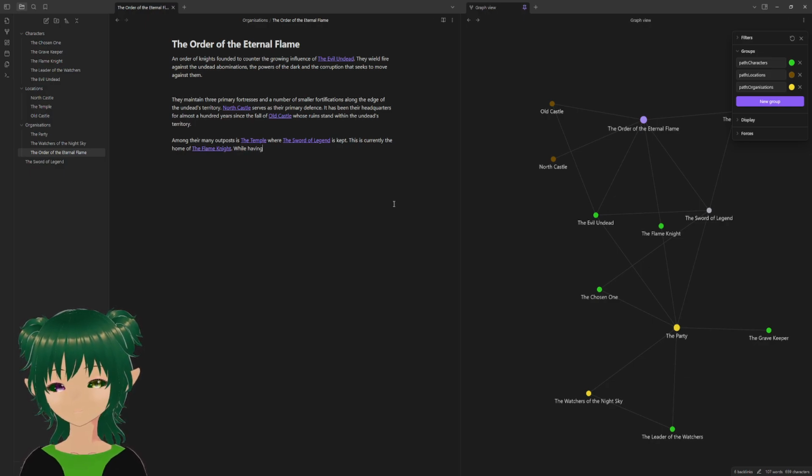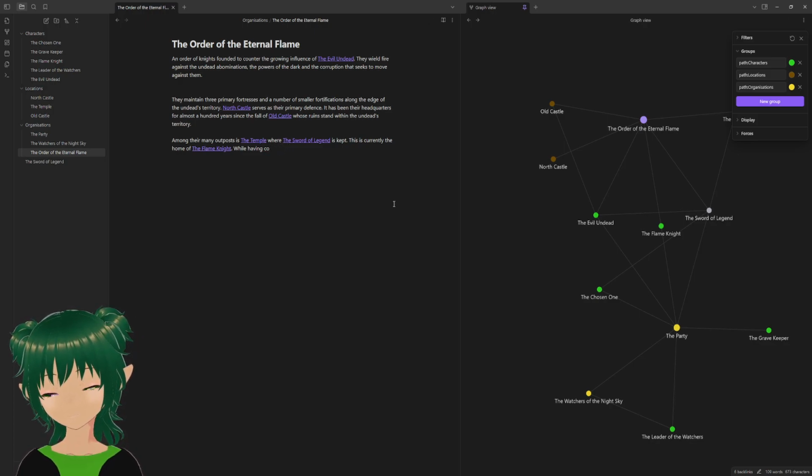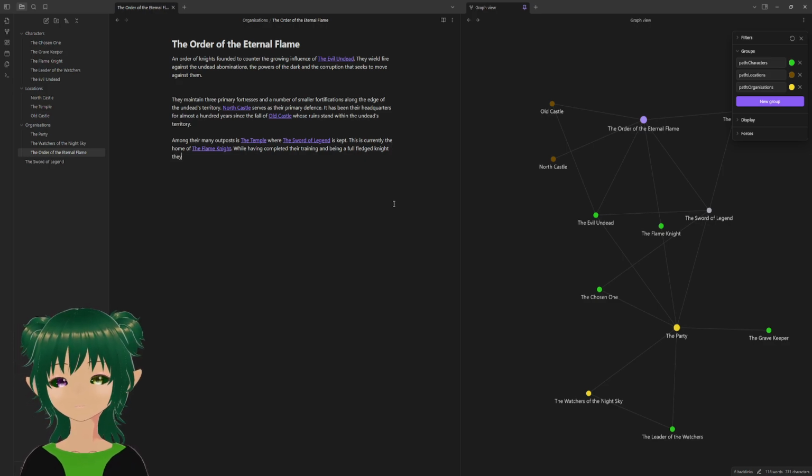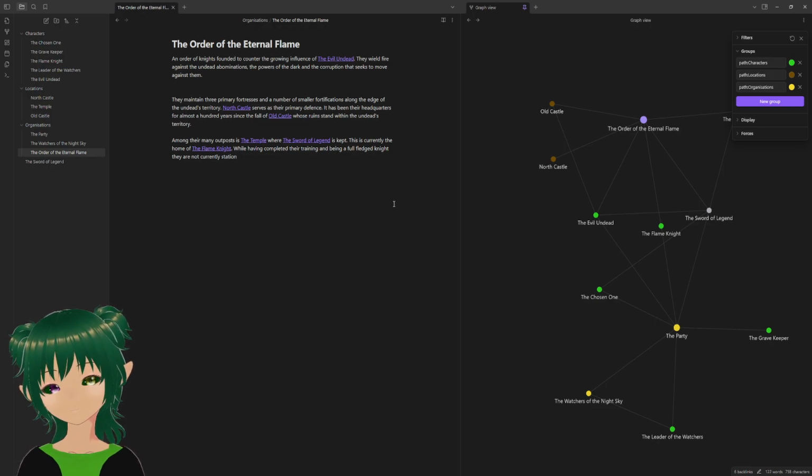While having completed their training and being a full-fledged knight, they are not currently stationed at